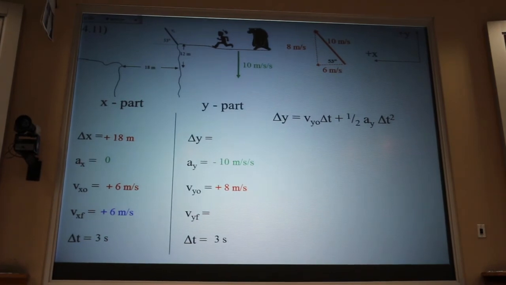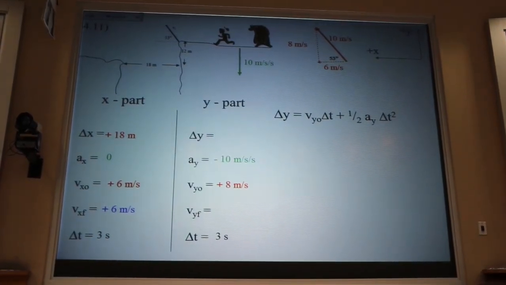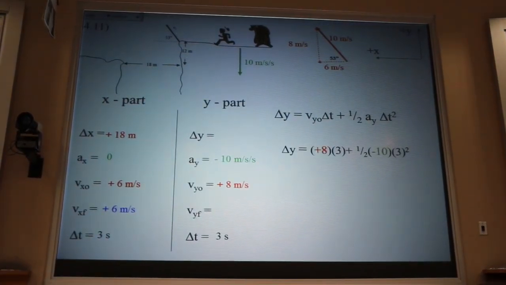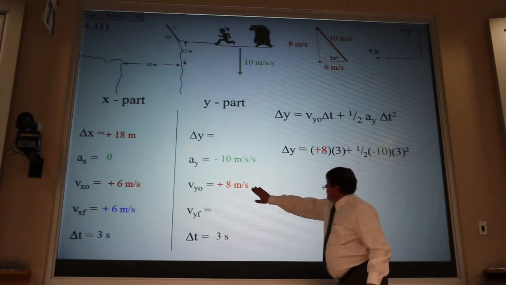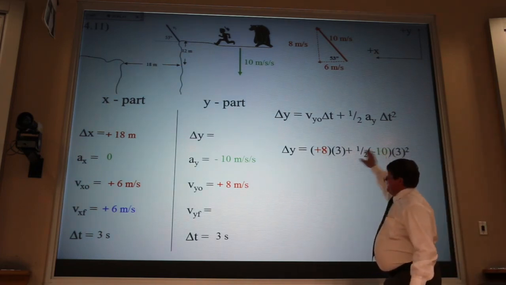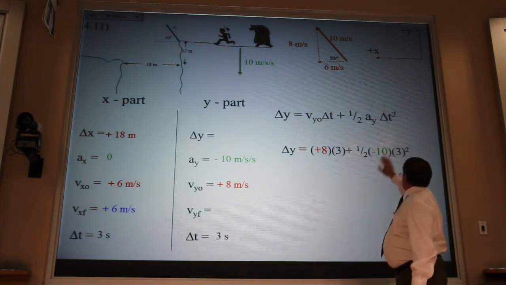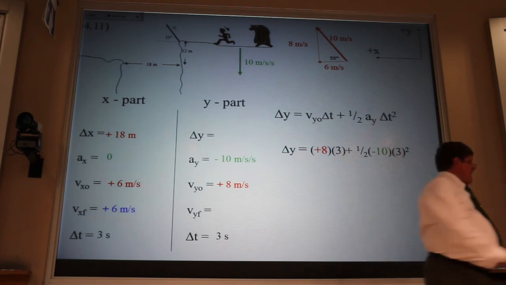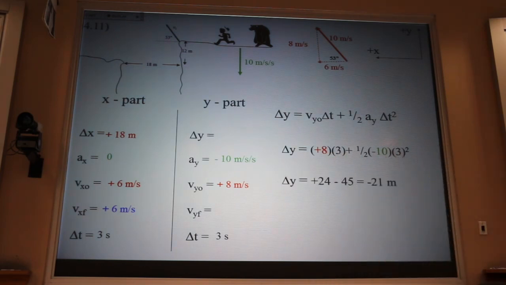That makes V final my who cares. I plug in my values. There's my V initial y. There's my acceleration in the y direction. There's my time, and what I get is negative 21 meters, which means that Steve Eiger ends up there, 9 meters below the lip,